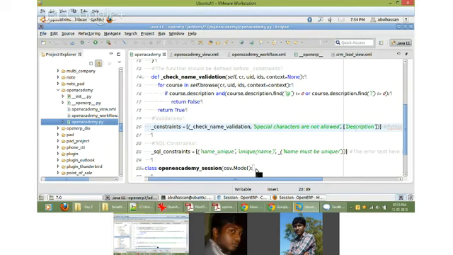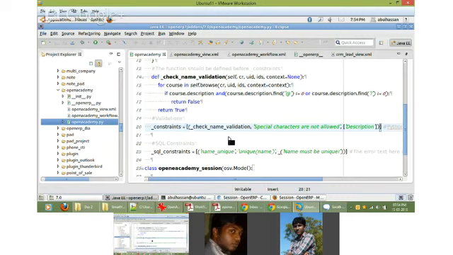Okay, so that is an inbuilt function called constraints. What you have to do is define this property underscore constraints. This is the model. See, this is actually nothing but a list of tuples. You can add different functions to this.